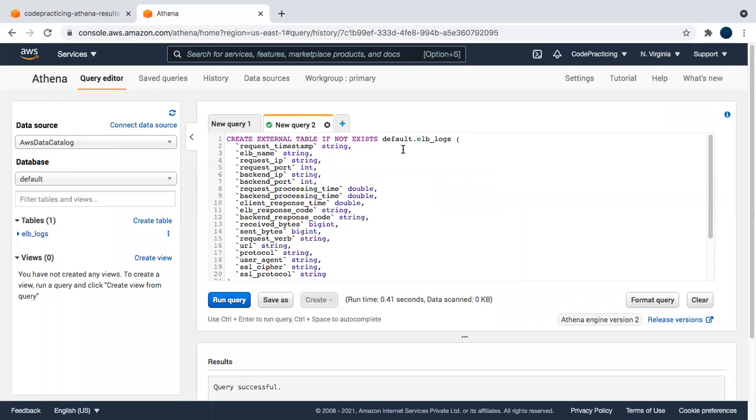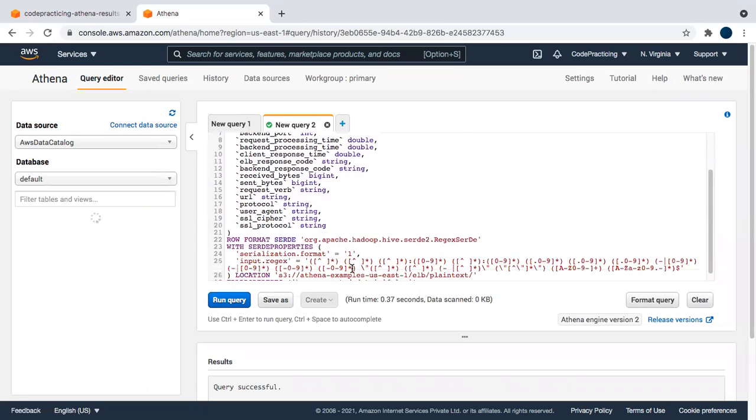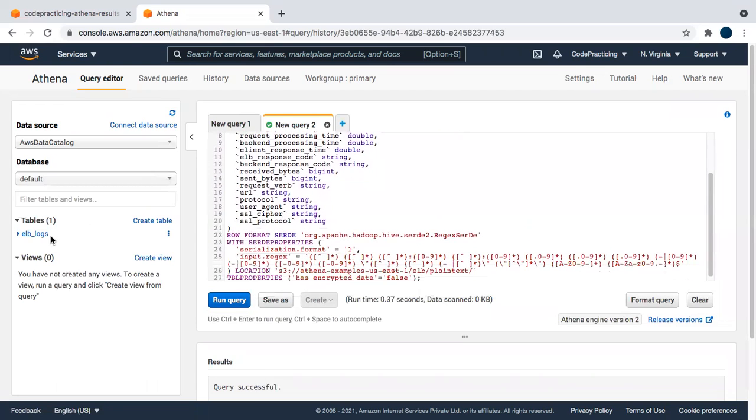This is the create statement, create our table. Now click on run query. The query is successful and our ELB logs table is created over here.